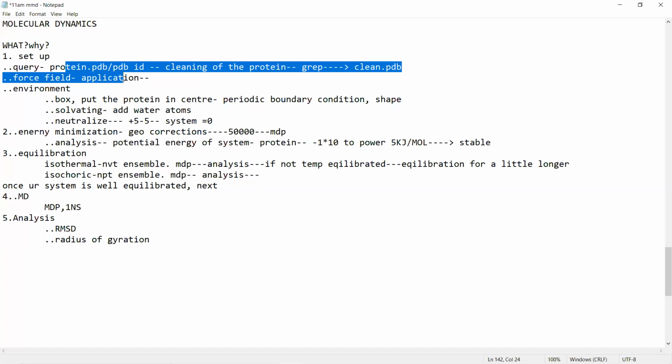Because when you're working with the command line, it is not only that you just have to run the commands, because you will be encountering so many errors that you can only solve if you understand what you are actually performing. So tomorrow we will be learning the actual process of performing these simulations using GROMACS. Clear? Yes, ma'am. Any questions?